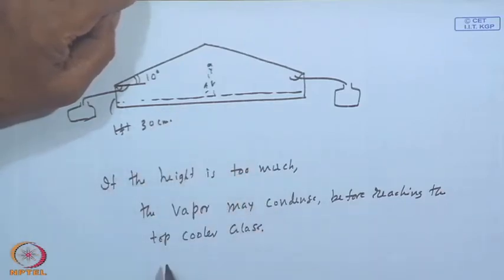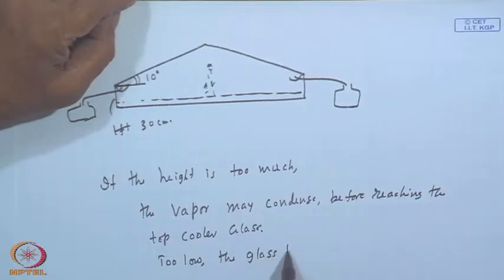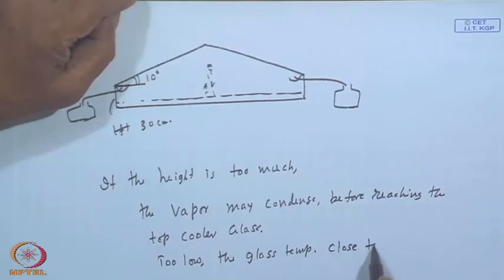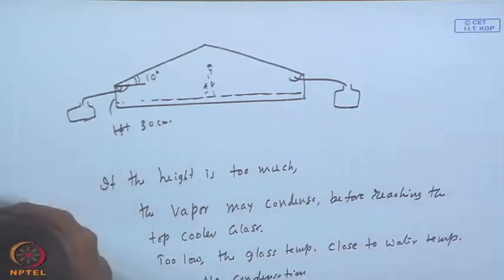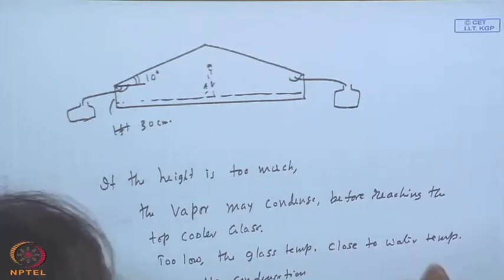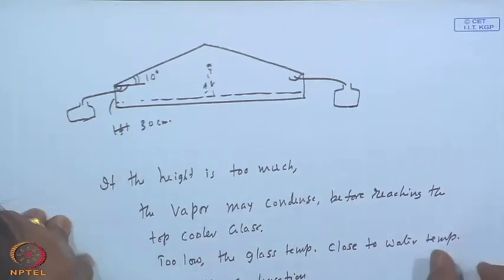And if it is too low, the glass temperature will be close to the water temperature. So, no condensation may take place. So, you should give a chance for that to be cooler, but at the same time not too far away for our vapor not to reach it and condense on the way. So, this is what is going to happen, and then this angle,